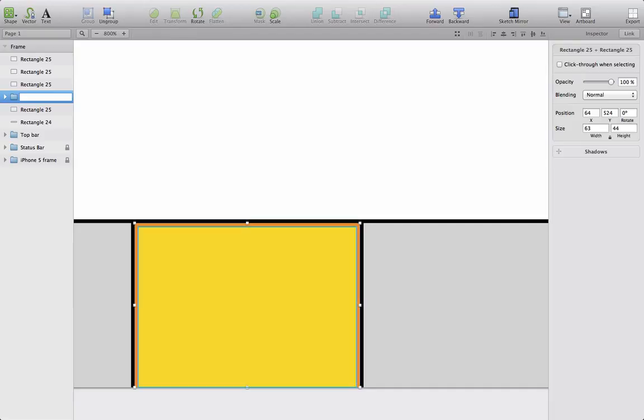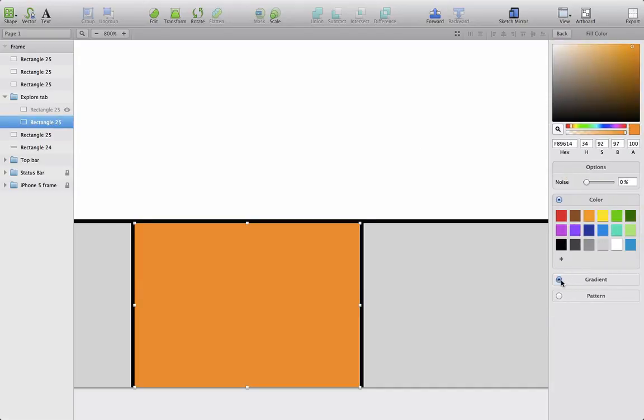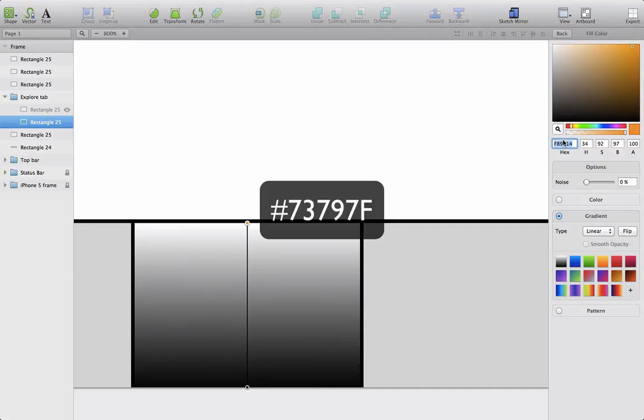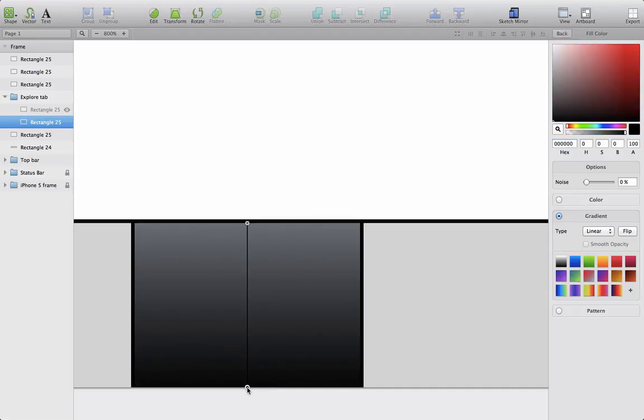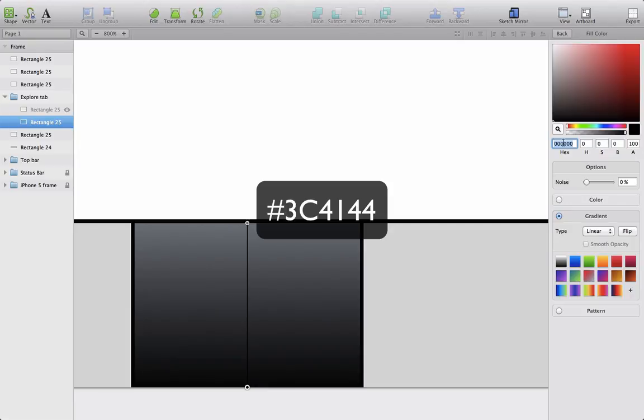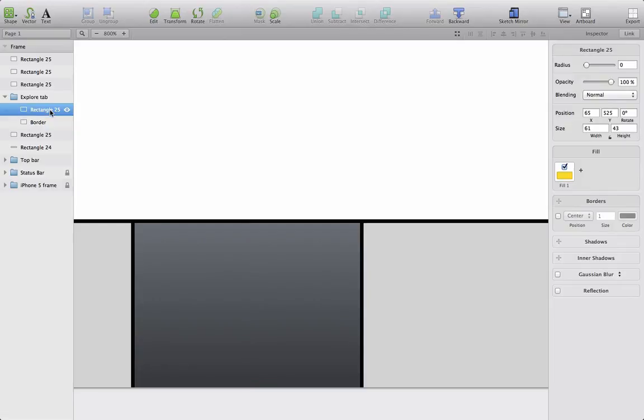We'll call it the Explore tab because this is the second tab, and the second tab is our Explore tab. And we'll style these two elements. We'll add this one to start styling that one. We'll add a gradient. The color at the top will be 73797F. And the color at the bottom will be 3C4144, like this. And we'll change the name of this rectangle to border, because this will be the border of